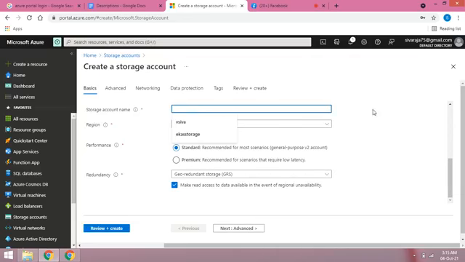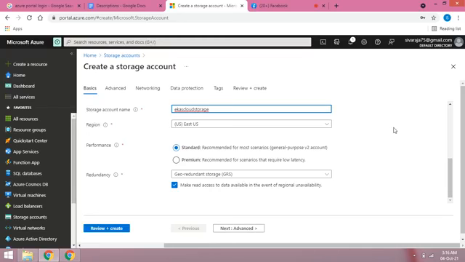This name must be universally unique. For the storage account name I choose ECAS cloud storage, which is a unique name for our storage account, and I keep the default.